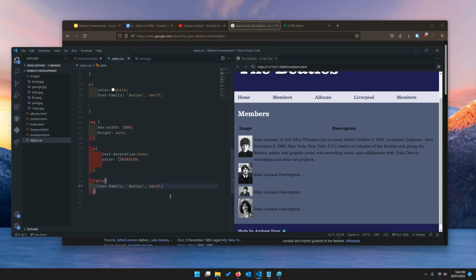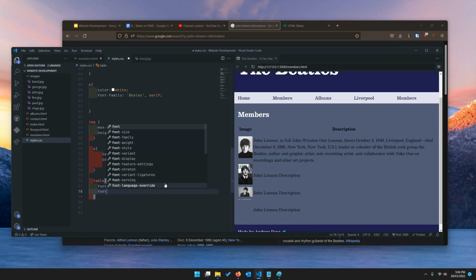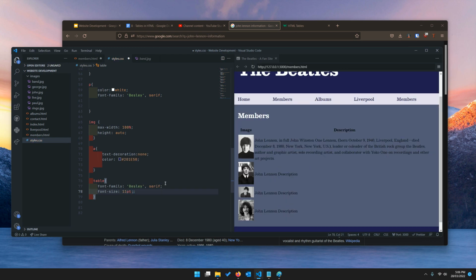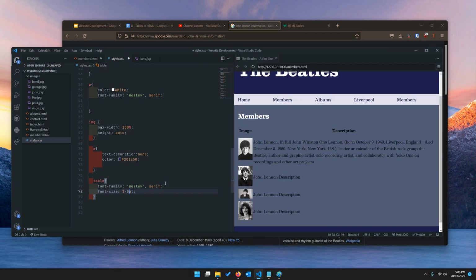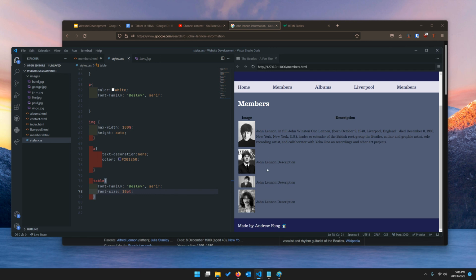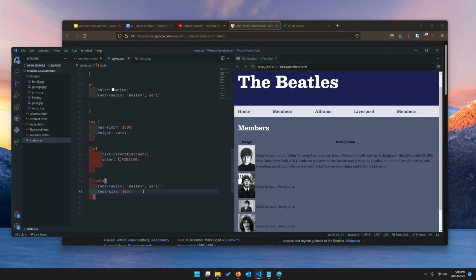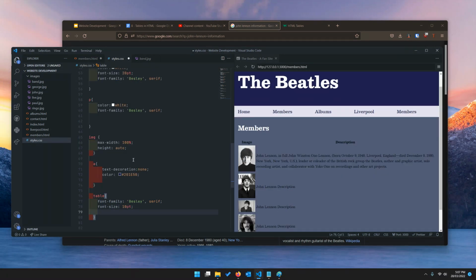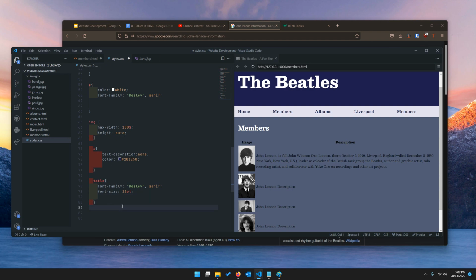I could override it, but it would also override. Actually, no. Let's say if I did this font size and I changed it to say 11 points. 10 points. Oh, looks a bit better, doesn't it? Okay, so I've got my font size, got my image, my description. You may want to add borders. So the way that we can do that, I think what we have to do there is we go table